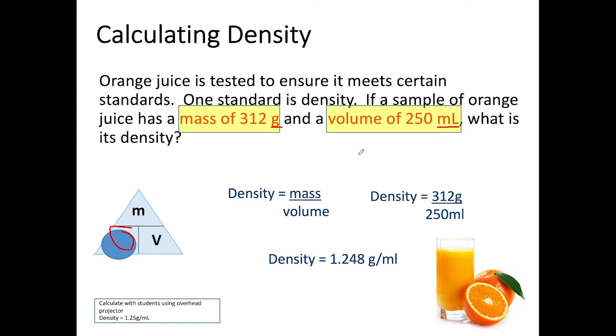The density answer that I got when I plugged it into my computer was a density of 1.248 grams. Sometimes you'll even get more numbers than this, but I'll tell you right now, you don't need this number. You can stop at 2 decimal places. If this number is above 5, you can round up, so that means go up to the next number here. That would be 1.25